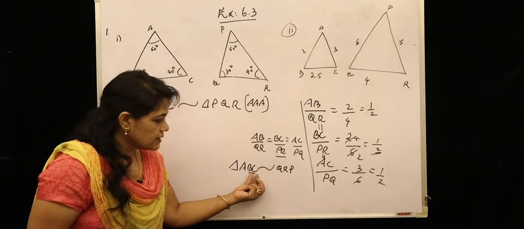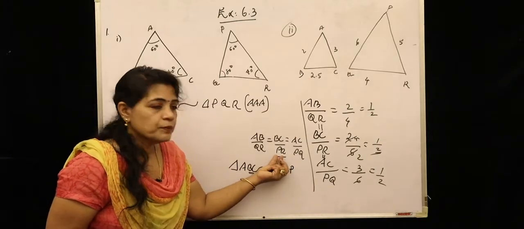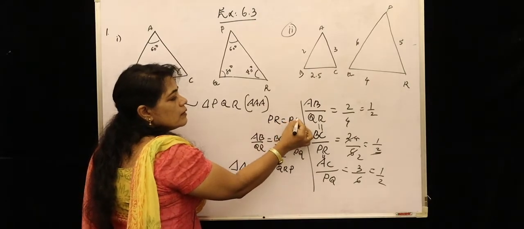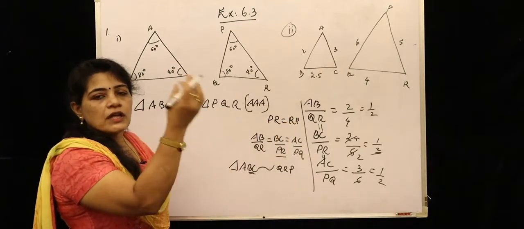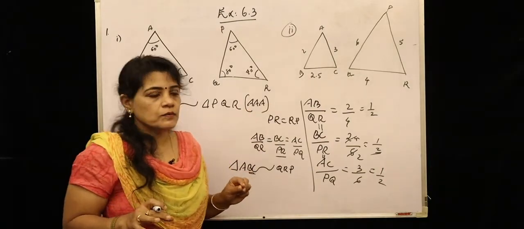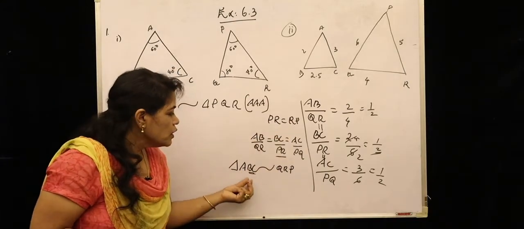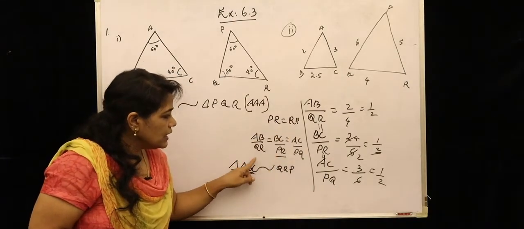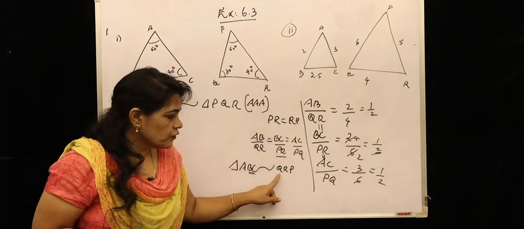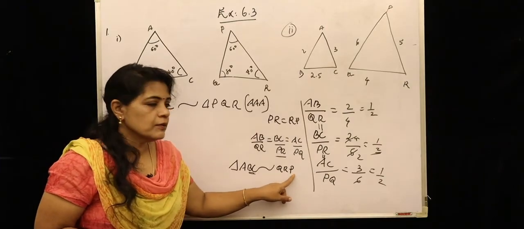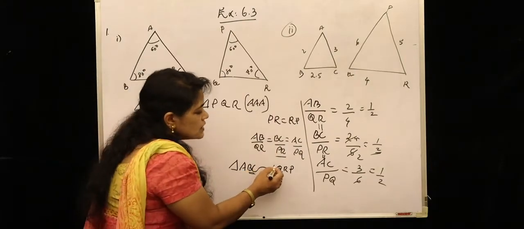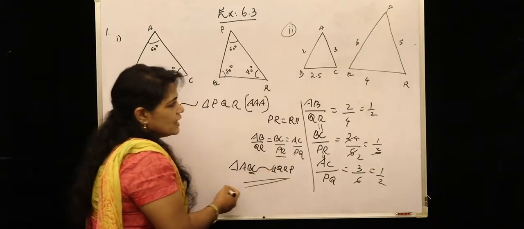BC, the second side. Okay, here RP, this PR is equal to RP. Okay, length, if you are taking from one end to that end or that end to this end, it doesn't matter, the length remains the same. So PR equal to RP, so that doesn't matter. So the third ratio, AC divided by, what comes? Here AC by PQ, here first and third position, Q and P doesn't matter, QP equal to PQ. So all these conditions are satisfied. So this is the correct symbolic form for the second example.